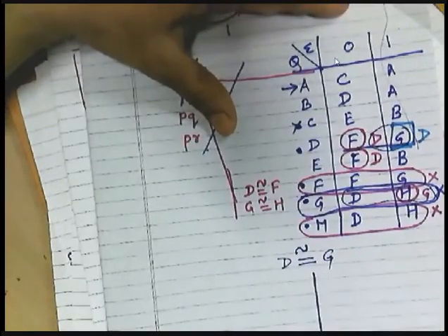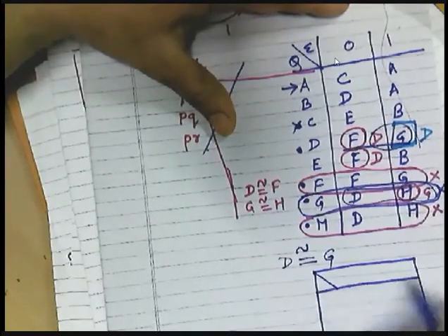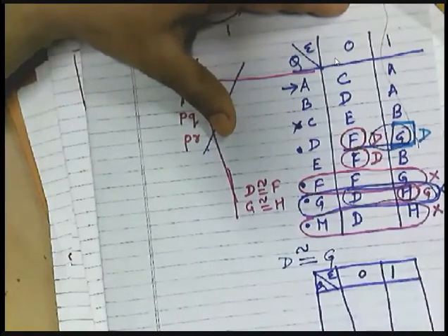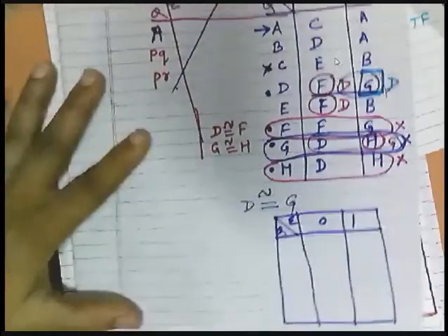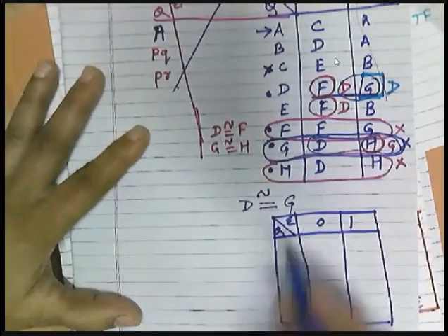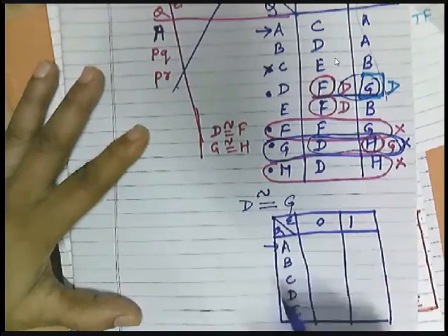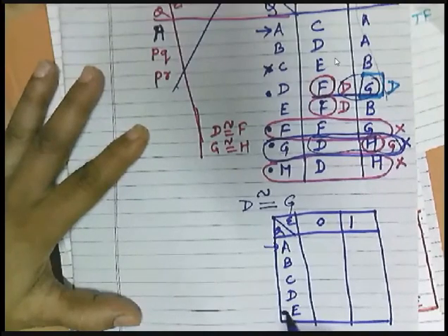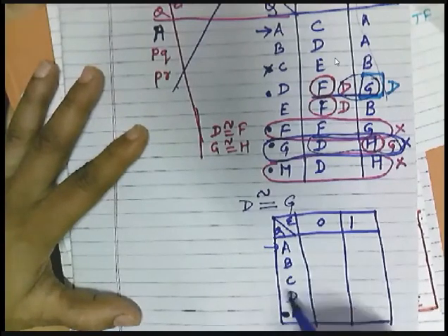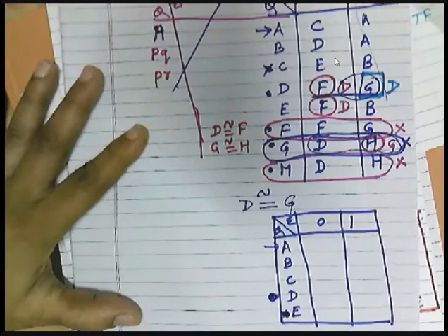So it will be having how many states? It will be having now sigma, Q, 0, 1, right? And from these observations, how many states are remaining? A, B, C, D, E. These three are also discarded. So A, B, C, D, E. This is your initial state and this is your final state. Sorry, D is the final state. This is not your final state. A, 1, 2, 3, 4, 5. 5 states are there. D is a final state.